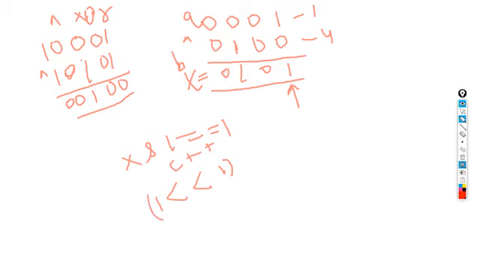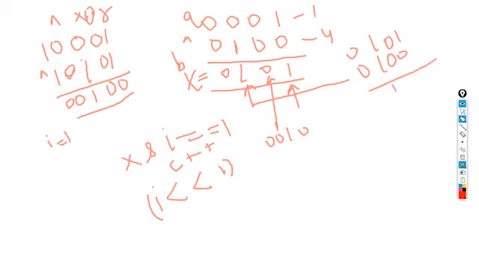Let's say this is I, and I was initially 1, and then I left shifted I. So the next time when I come to this bit position, I would be having 0 0 1 0, and consecutively for this bit position I would be having 0 1 0 0. So you can see we have a mask, and if I do an AND with this one, I would be getting a 1 over here and the rest all zeros.